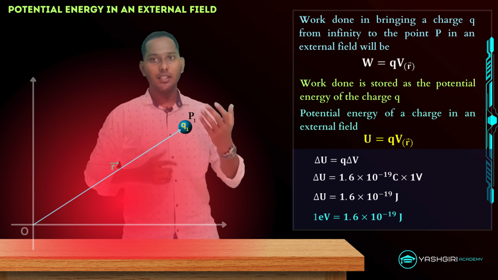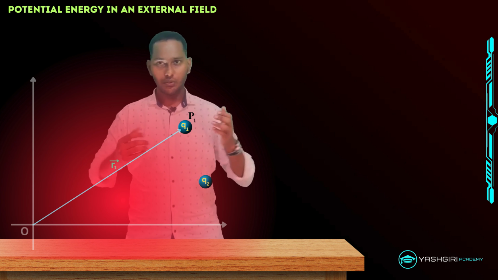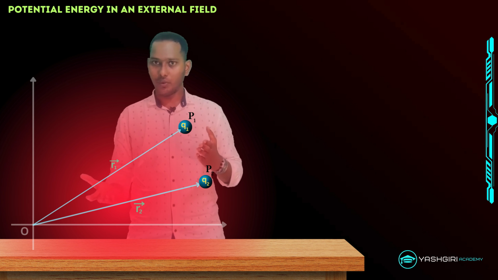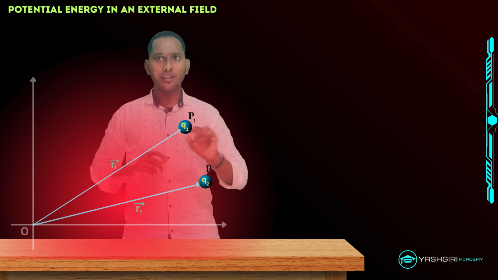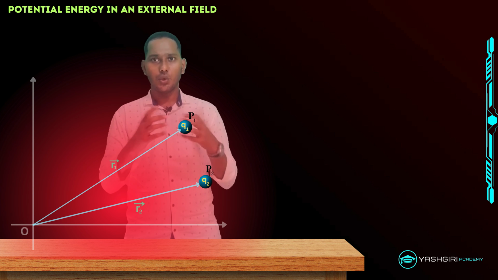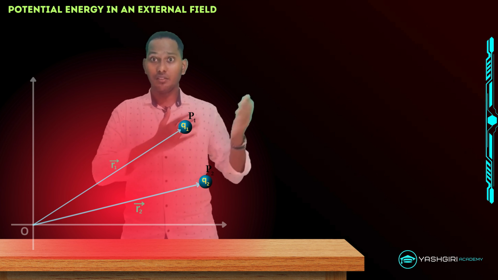Suppose I want to bring another charge q2 from, let us say, infinity to some position vector r2 from the origin, right? So here in this case, students, I have to do some work in moving that q2 charge as well, right? So if you just see the work done in moving this q2 charge from infinity,